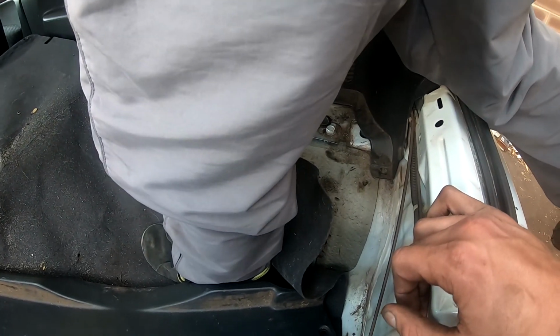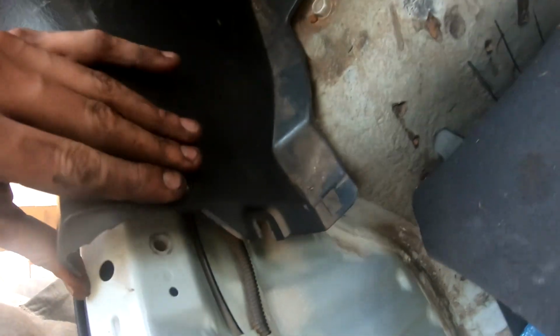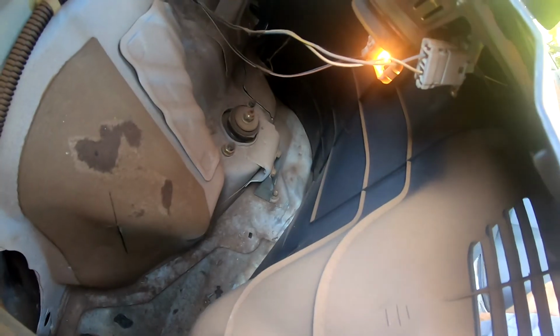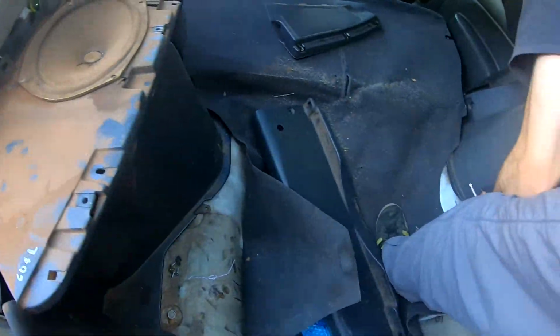And that's about it, really, that I've noticed. And I think the rest of it's all just clips. It just pulls in and out. And it should allow you to pull it out enough so you can get to the back here, just in there, and be able to get to the top two there. That's so you can do the rear coils once you need to. But yeah, once that's done,